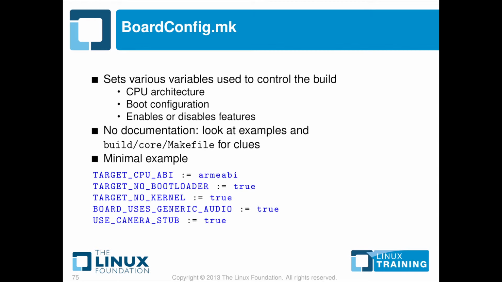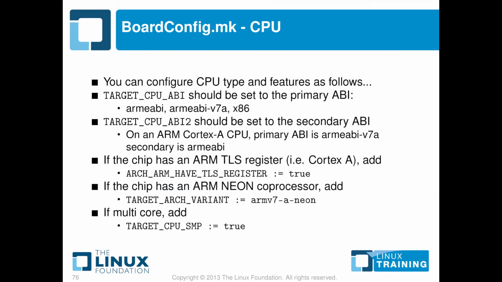Okay, next thing I need to tell you about, boardconfig.mk. Now, there's a lot of stuff that goes in here. I'm just going to cover, again, a few basic things just to get us up and running. Basically, we can use it to define what processor we have, what memory we're going to be using, and what flash images we're going to be using. So, for example, for the CPU, you define what CPU architecture it is, which can be ARM EABI,